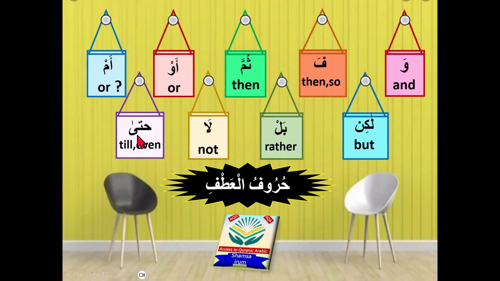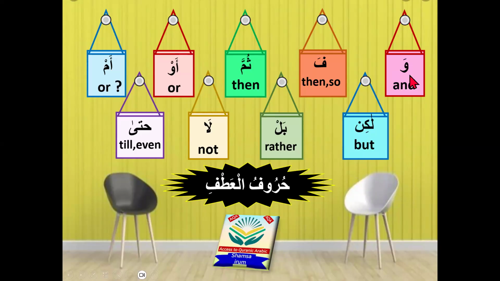Hatta is also used as a harful jar, and it's used as a harful jar in the Quran Majid. The top line of conjunctions is more important than the bottom line. On the top line, the most important conjunction is wa. I am emphasizing wa because it is a very important harful atf, and it is the main one we will cover today, inshallah ta'ala. As you can see, there are two chairs. I will explain why I put two chairs there after I complete all the conjunctions.